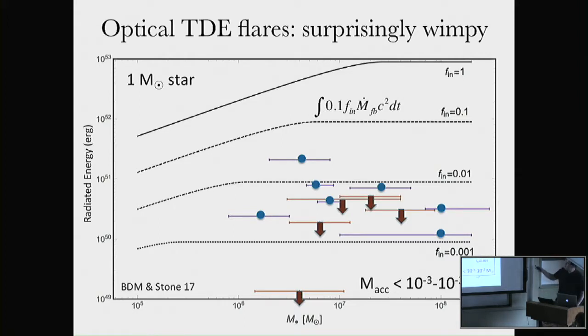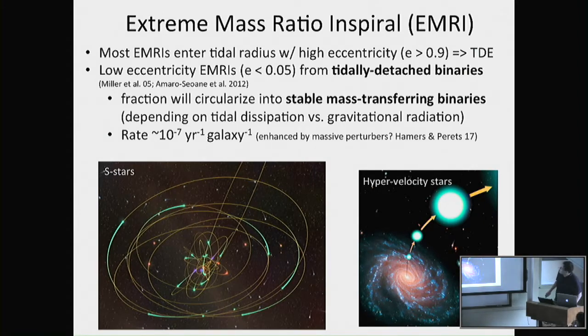Now, there are other explanations for why these could be wimpy, but one thing is maybe these are just not accretion events which are as massive as a single star. So another way we might get some interesting interaction in galactic nuclei are these extreme mass ratio inspirals. So instead of having a star which enters on a highly eccentric orbit and is disrupted, if you have a star which comes on a lower eccentricity orbit, it actually has a chance to circularize and feed mass into the black hole that way. Still, what we call EMRIs that are kicked in through two-body interactions still tend to be fairly high eccentricity and probably are disrupted.